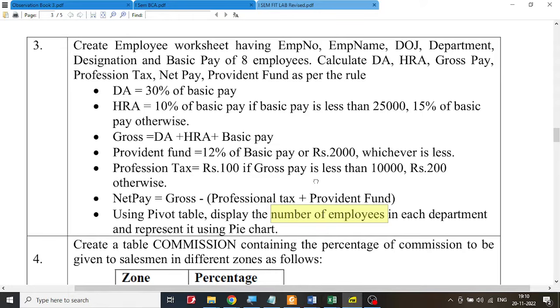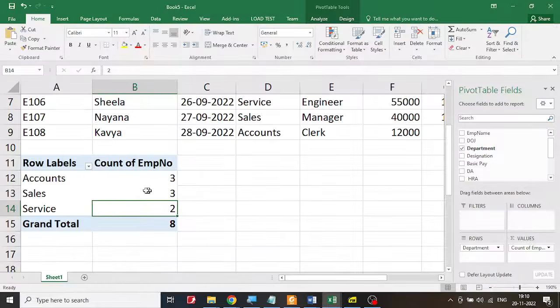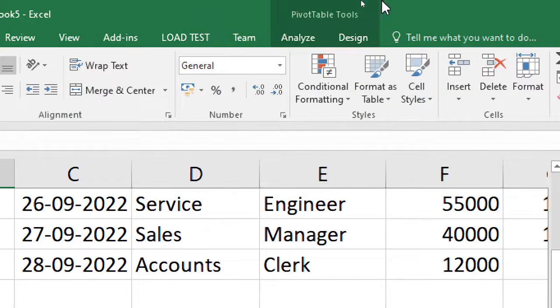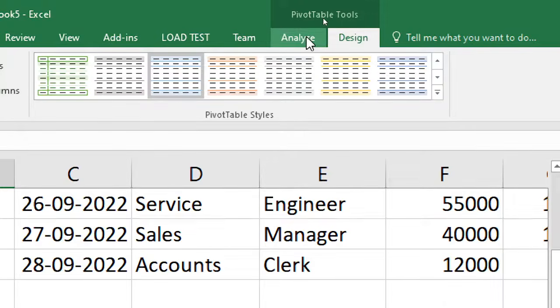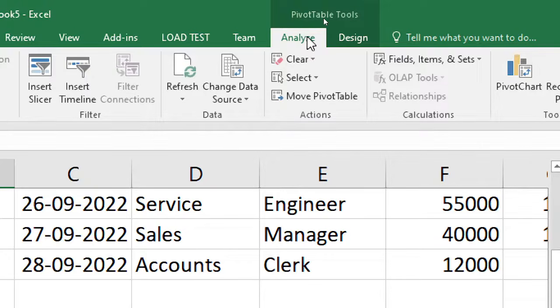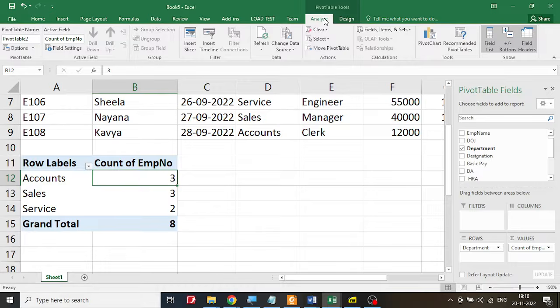Now back to the question, they said create a pie chart. So once you have your pivot table, just click anywhere in the pivot table, this time not on this one but in the pivot table. When you are doing this, you have a lot of options over here. Notice there, pivot table tools, you have the analysis and the design. You can change the pivot table design, but that is not asked in the examination, so don't waste your time on that. But what is asked in the examination is to create a